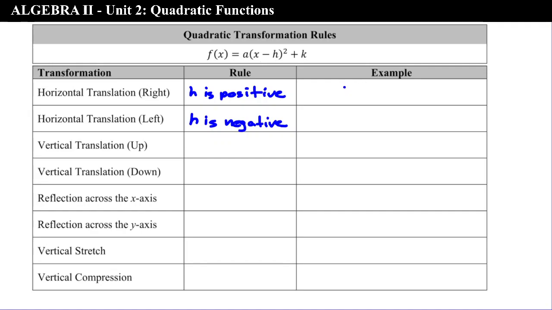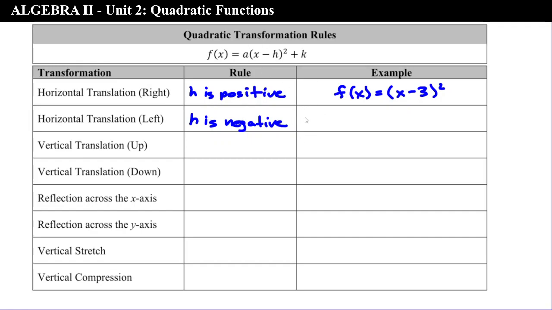And here's an example of that. If you have f of x equals (x minus 3) squared, that minus would make you want to say that it goes to the left, but in reality it goes to the right because the 3 is positive, it just happens to follow a minus sign,